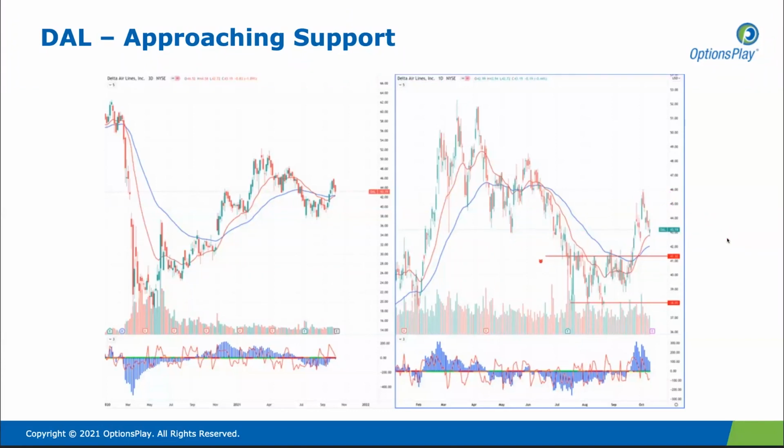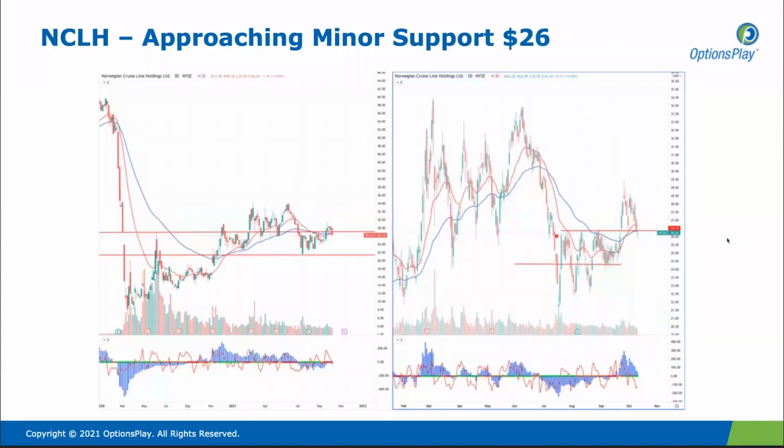Looking at some of the airlines, you have a lot of similar price action for many of them, but I think focusing on some of the airlines with more international travel will likely be, in my opinion, some of the ones that are worth paying attention to, especially the ones that have a better financial position, such as Delta Airlines.